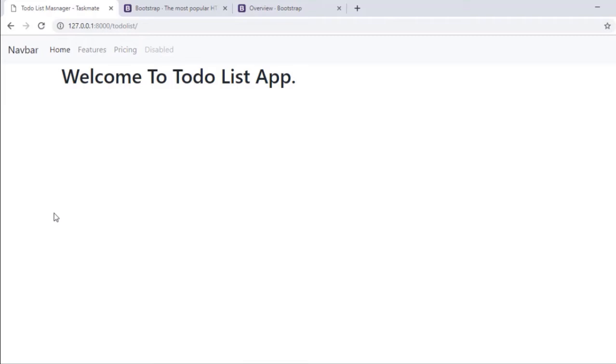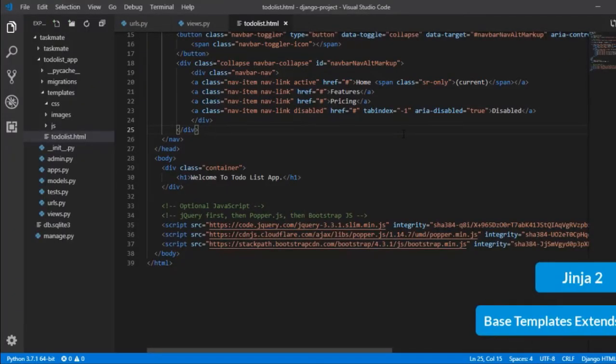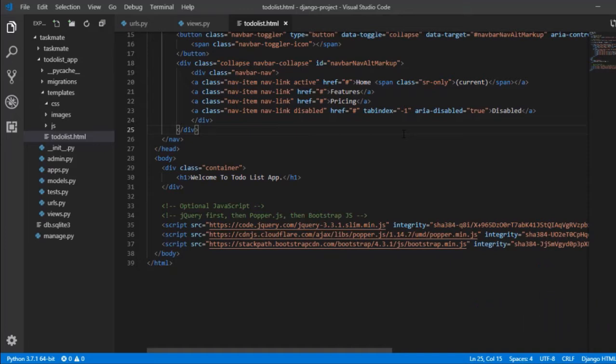Now our page will be in proper format of margin according to our Bootstrap. The next thing is I need to talk about these links and also editing this. So in the next lecture, we will be talking about Jinja 2 as well as base template. And this is going to be super important regarding templates. So see you in the next one, in which we'll be talking about Jinja 2 as well as base extend.